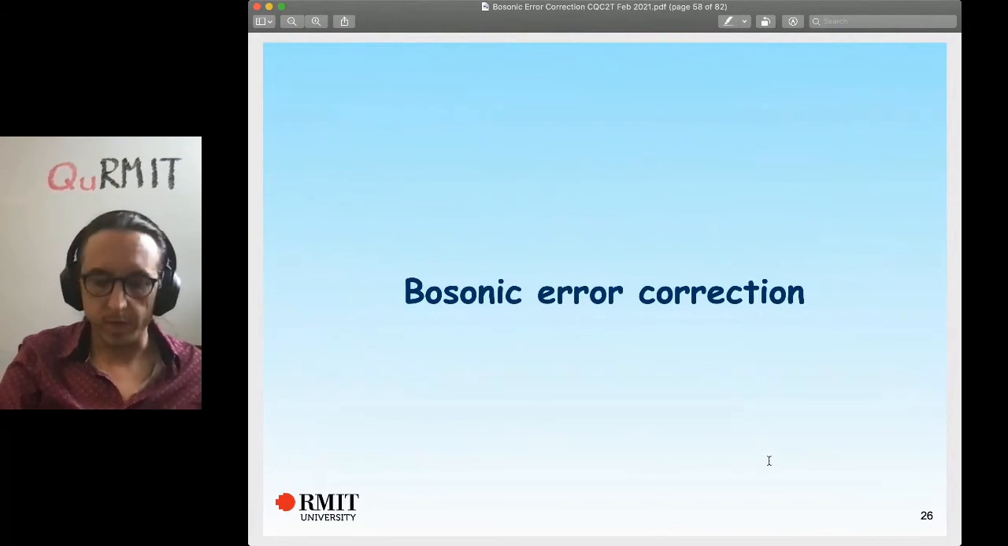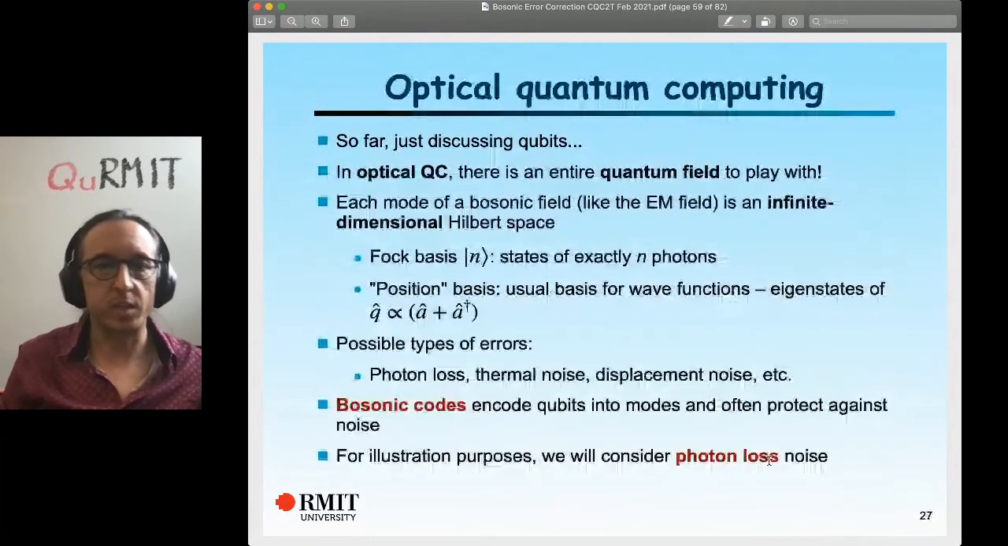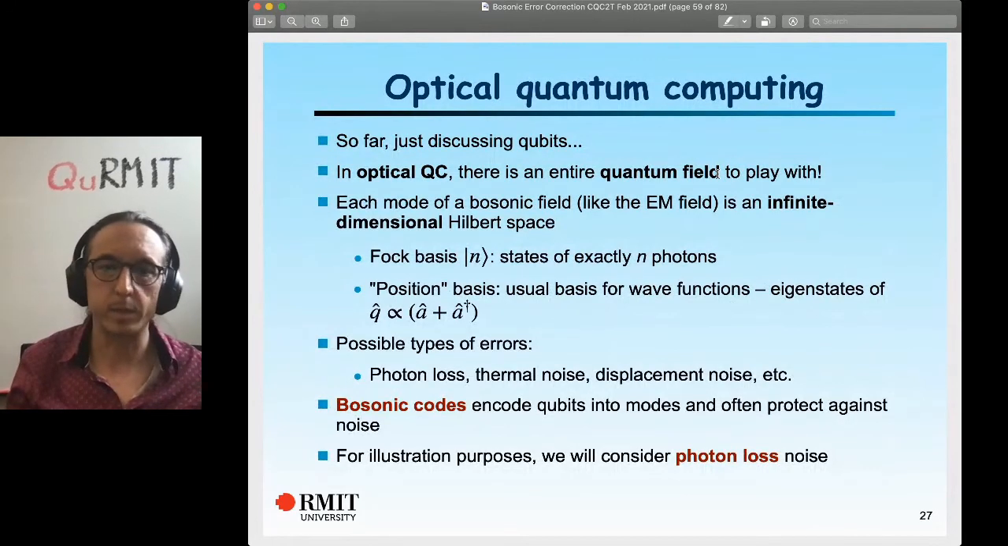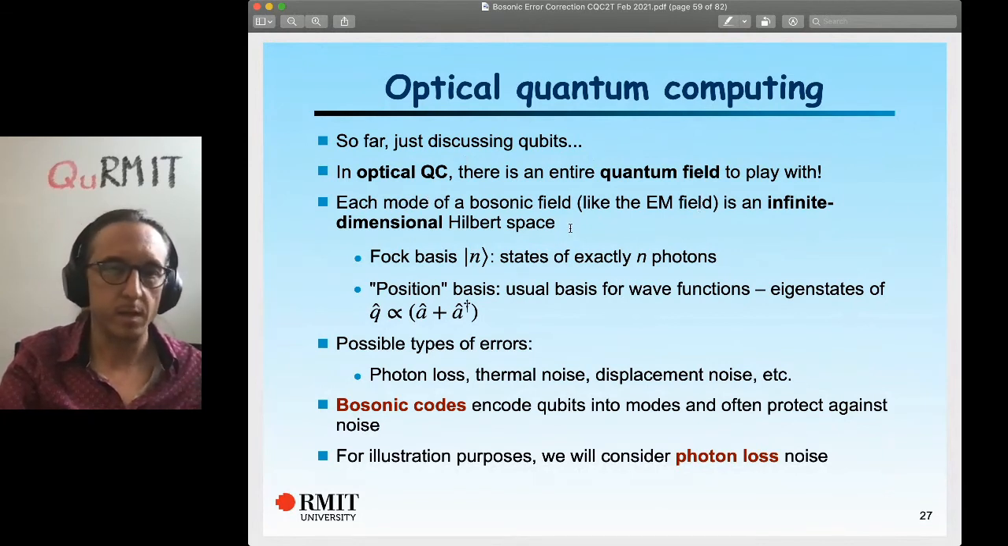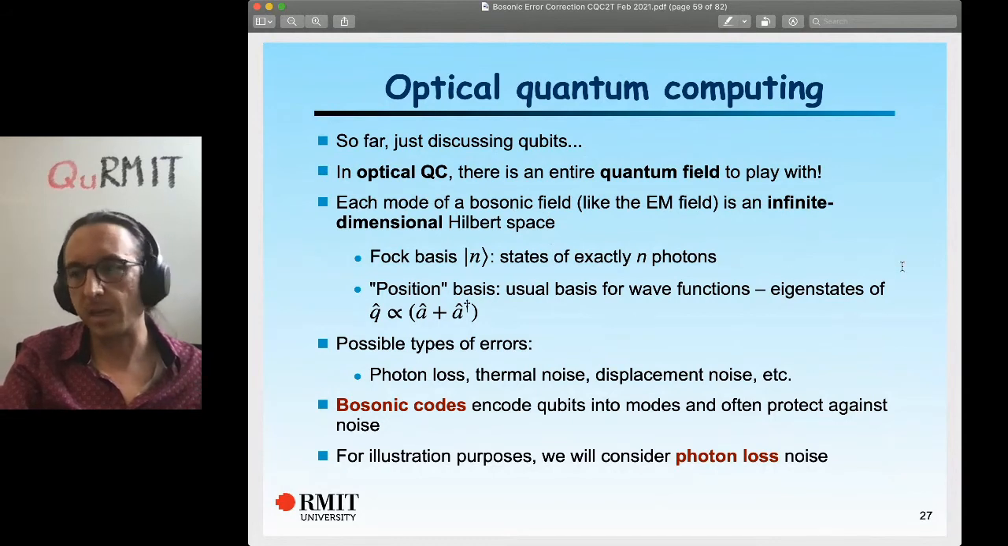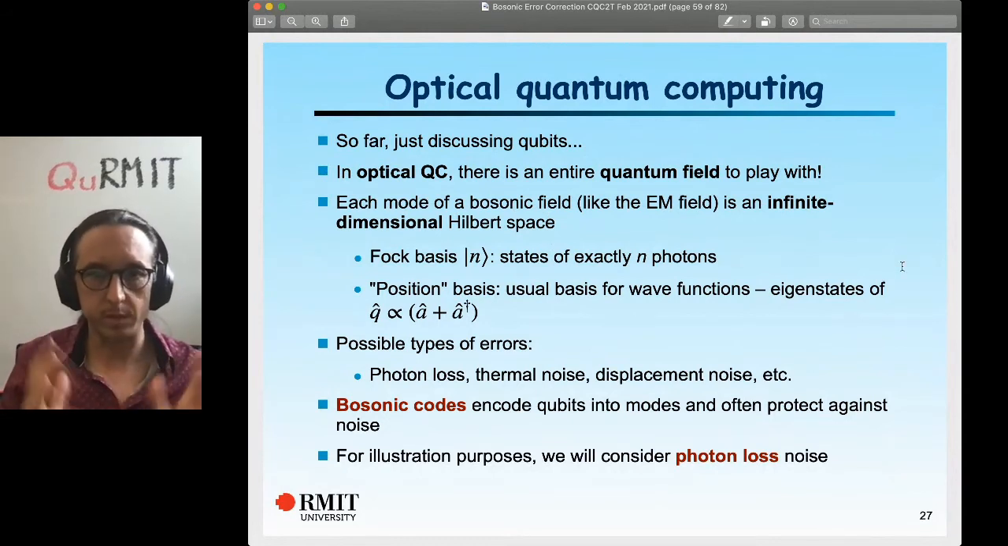So let's move on to bosonic error correction. This was just qubit error correction in general. But in optical quantum computing, there's a whole quantum field to play with, the electromagnetic field. We don't just have qubits. We have an entire field, which is many degrees of freedom. And each mode of this bosonic field, like the electromagnetic one, is an infinite dimensional Hilbert space. And this is often missed when thinking about single photon encoding. So I really want to stress this point, that you always have an infinite dimensional Hilbert space to play with,